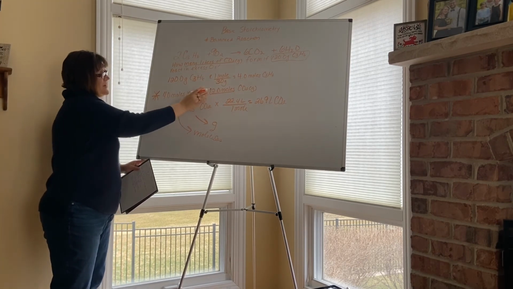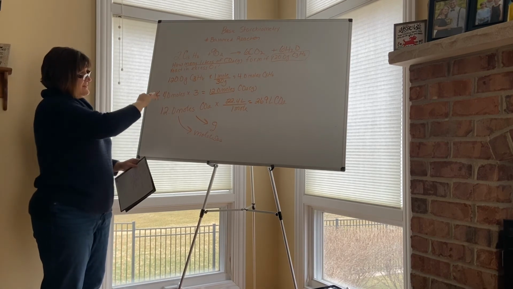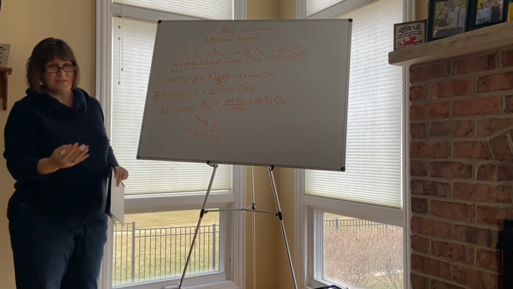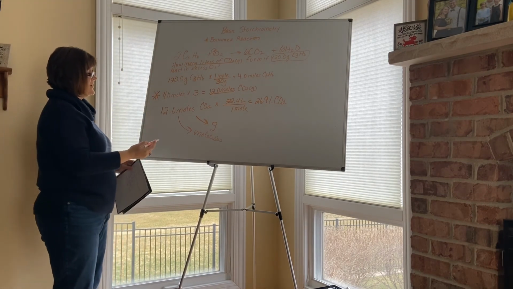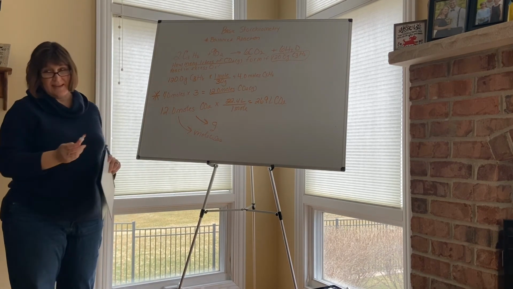I'm always going to divide to get to moles. I'm going to multiply by a proportion. That proportion can be a fraction. The opposite had been true. If it had been 2 to 6, I would have divided by 3 and not multiplied by it. And then I'm going to multiply by my next molar conversion. And that is how we do